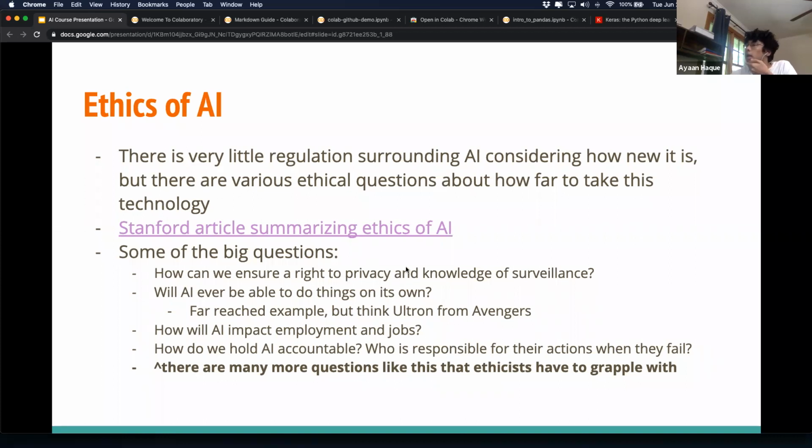Okay, and one situation you might have heard of, we can talk quickly about it. Let's say you build a self-driving car, and in a situation where it needs to move to the side to avoid a collision, but it would always result in another collision. How do you decide which way to go? Do you just randomize it? And whose fault is it? Let's say I'm driving a car, and there's a truck in front of me and the truck instantly stops. This self-driving car needs to either go to the left or right. But let's say there's another car on this side, another car on the right. You'd have to crash into one of them.